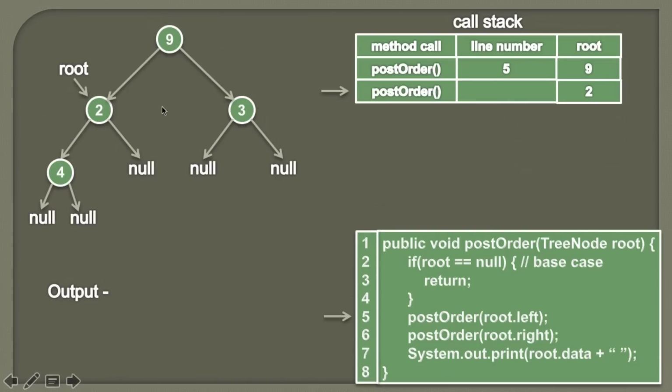And we also discussed in our previous slide that all the 3 steps are applied to each and every node of the binary tree. So before traversing node 2, we have to first visit its left subtree completely. Therefore we are calling this post order method again with root as 4, and since we are leaving this post order method, we will update the line number here, which is 5.